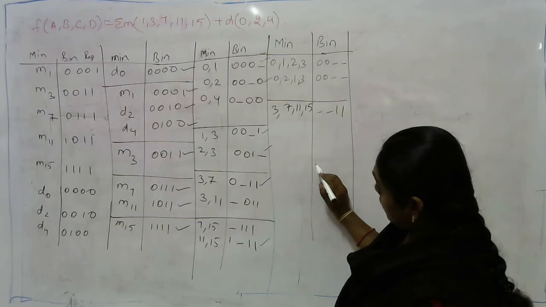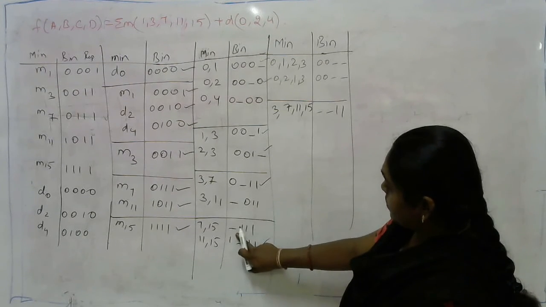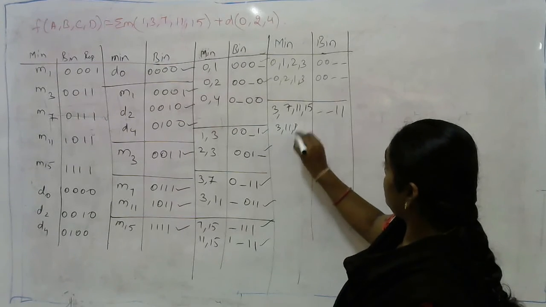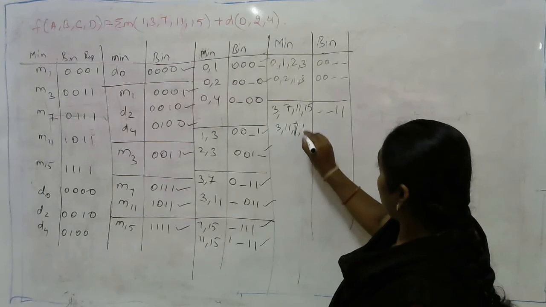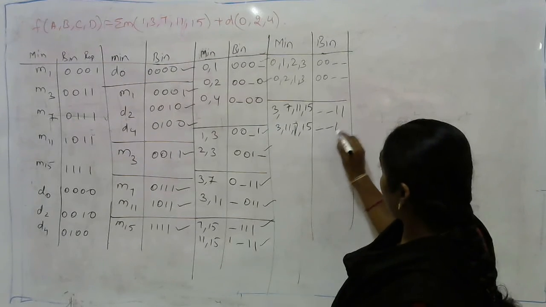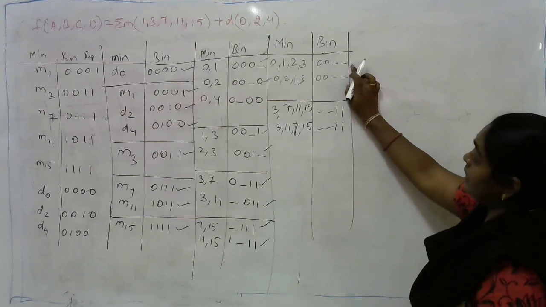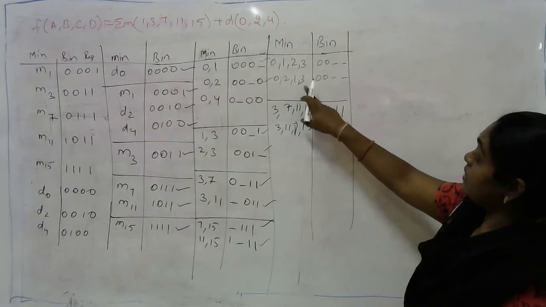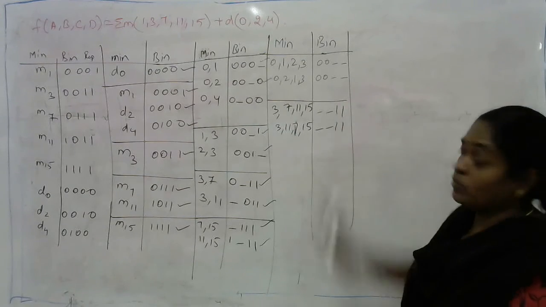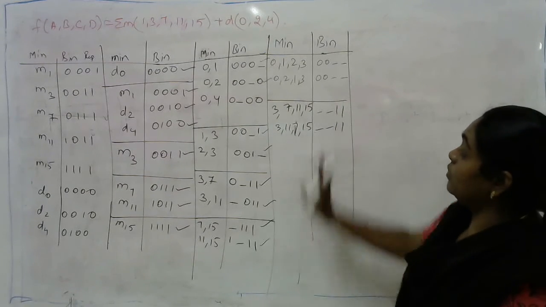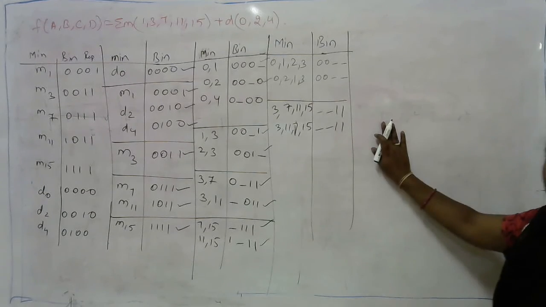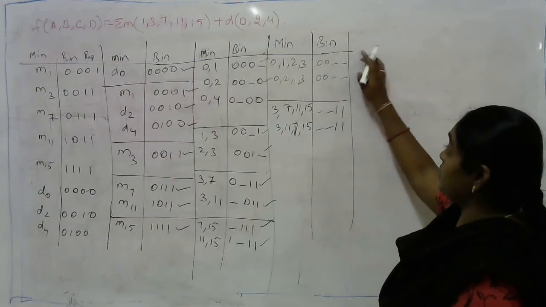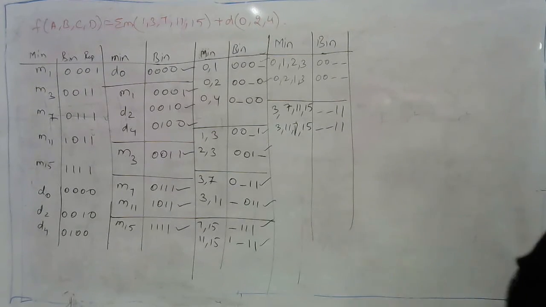Similarly, here MSB position is blank, MSB position is blank, so I can compare 3 11 7 15, which is blank blank 1 1. Here the blanks are in the last positions, but the blanks are in the first position, so we cannot partition. Or in simple words, I can say that 0 1 2 3 equal to 0 2 1 3, 3 7 11 15 equal to 3 11 7 15. So as we are unable to do the next process because of change in the different blank positions, we need to stop over here.